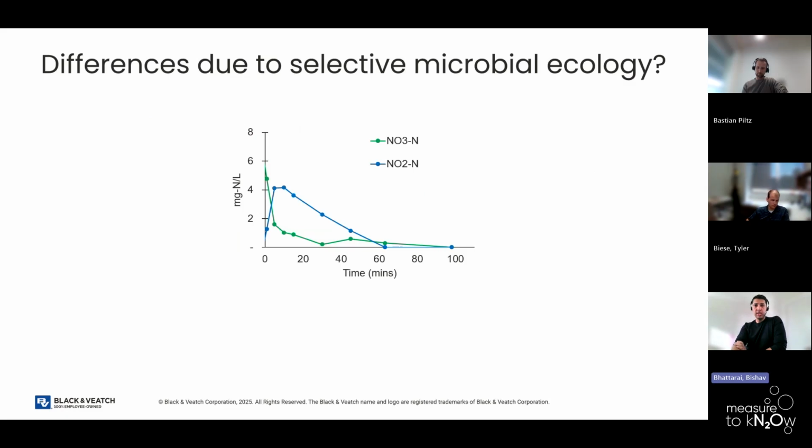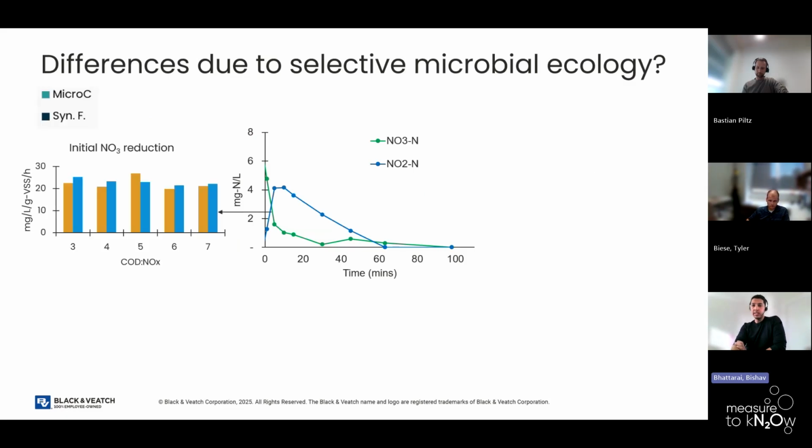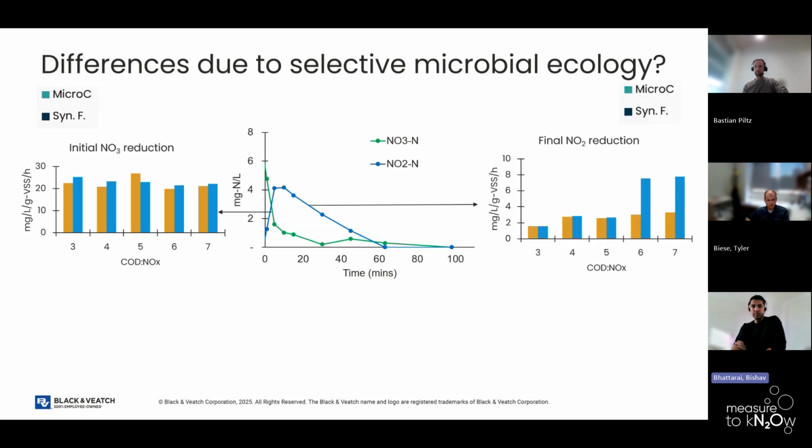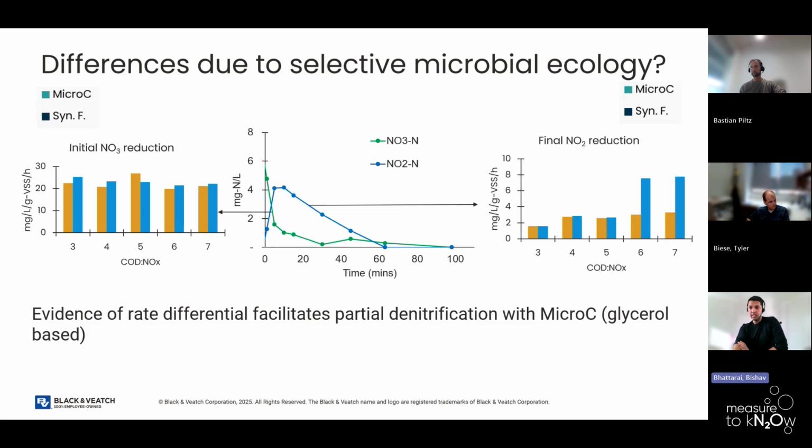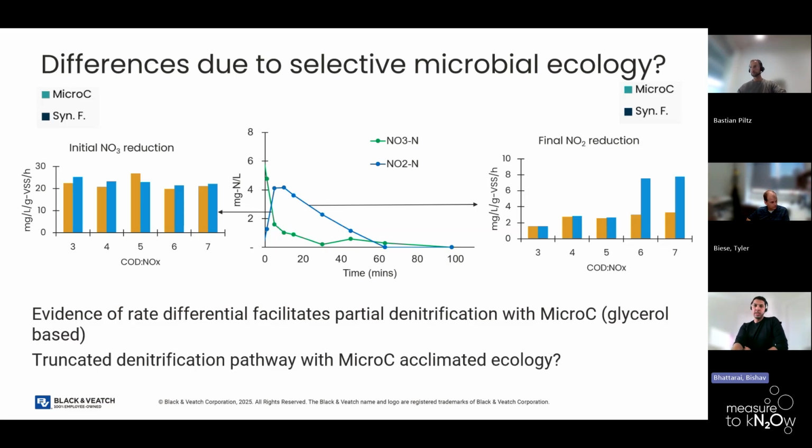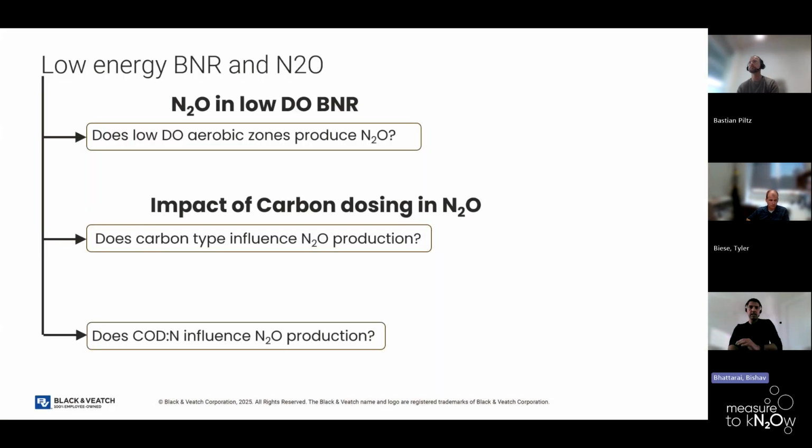So now we are digging into why this is happening. We are looking into whether that's because of the pDNA mechanism, like the differential rates, or it's a truncated pathway of the denitrifiers when using micro C. So that's a question, and we are digging into that right now. And there are some of the things that we're looking into. Yeah, to conclude,